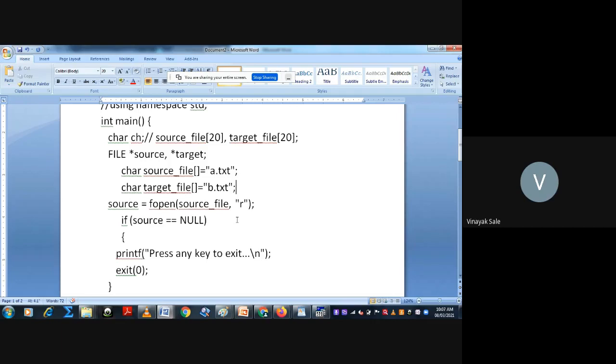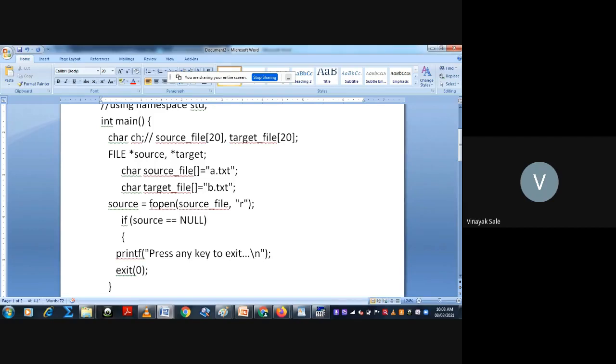Then check if source is equal to NULL. If source is equal to NULL, that means there is no content in source.